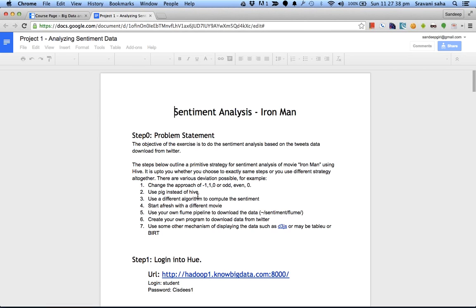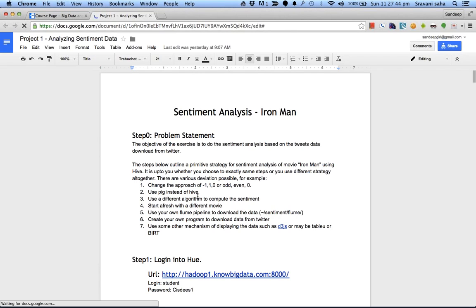So the problem statement is to do the sentiment analysis for a movie. You can do the sentiment analysis for any other movie than Iron Man, but we will just go for this basic one.